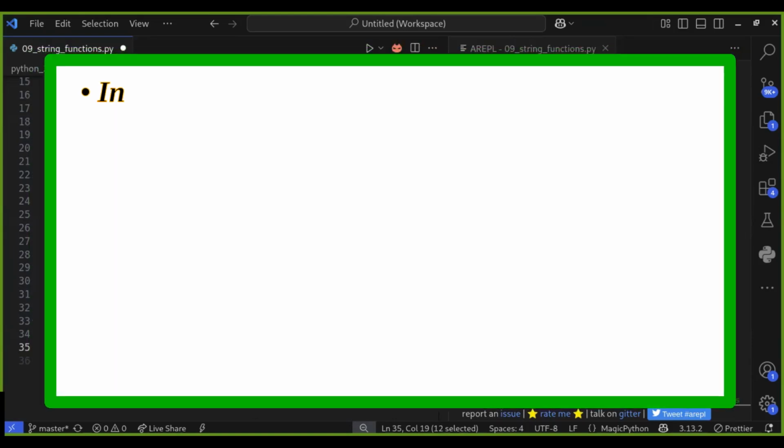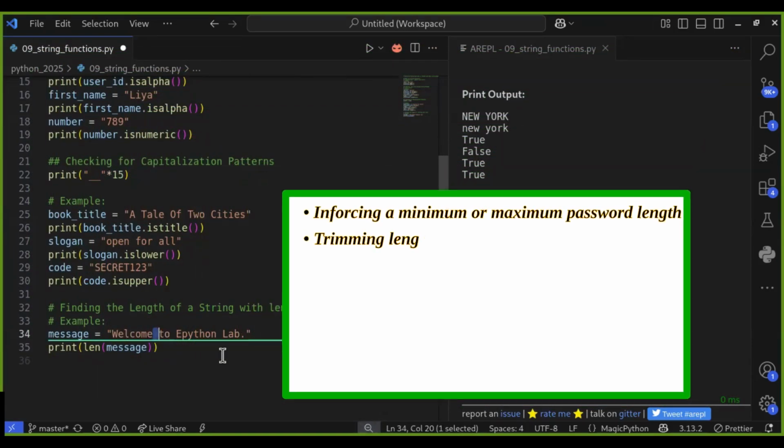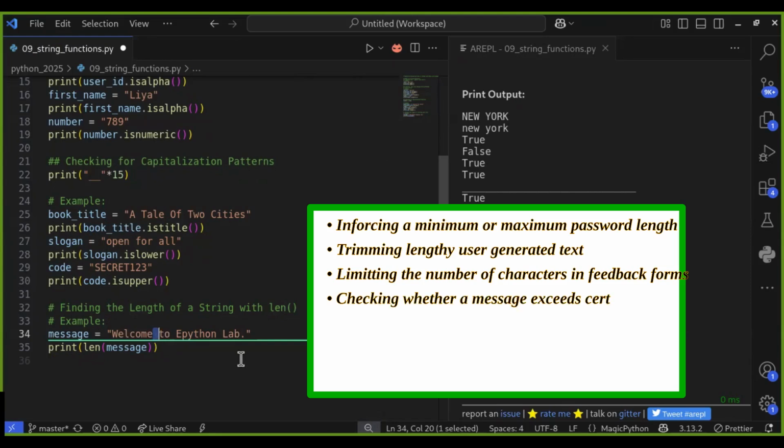Here are some real-world scenarios where len is useful. Enforcing a minimum or maximum password length in user registration, trimming lengthy user-generated text for display or storage, limiting the number of characters in feedback forms or survey fields, checking whether a message exceeds a certain limit before sending.